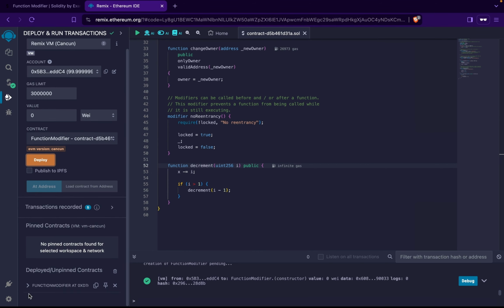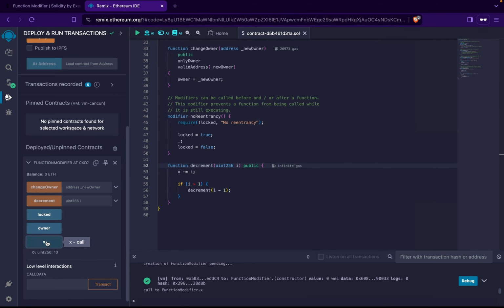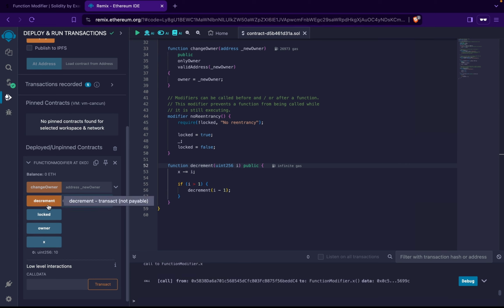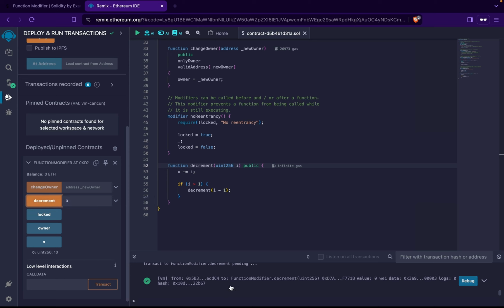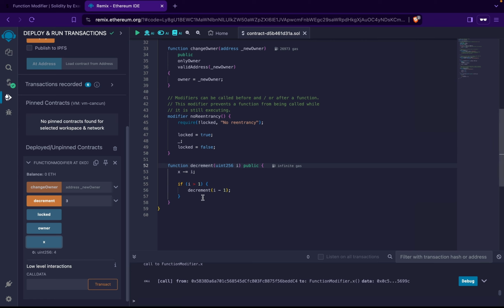Then we deploy the contract again. What happens? We have the value of x as 10, and what happens if we pass in 3 here? The transaction was executed successfully and the value of x was reduced to 4, which means recursion happened, and the value of 10 was reduced by 3 first, then 2, then 1. So overall 10 minus 6, that is 4, and that's how we know that